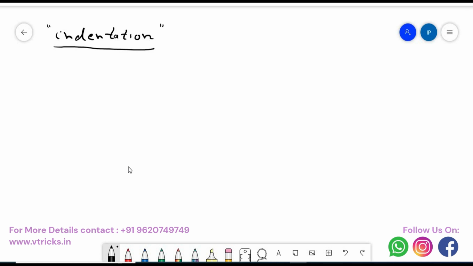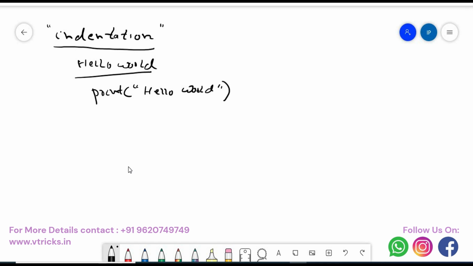As we know very well, first we need to start with one of the important programs, which is the hello world program. That is printing hello world onto the monitor. It is very simple. In Python there is no public static void main, there is no function, nothing. It is just print followed by hello world in double quotes, as simple as that. So what is this print? Print is a function. What is a function? We will see later. But if you want to print something onto the monitor, it's very simple. Print followed by hello world.